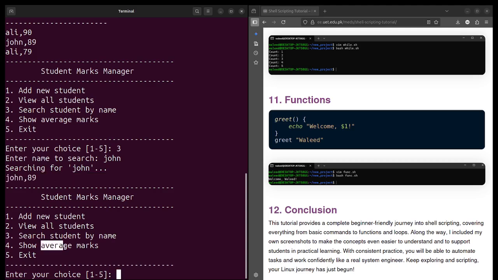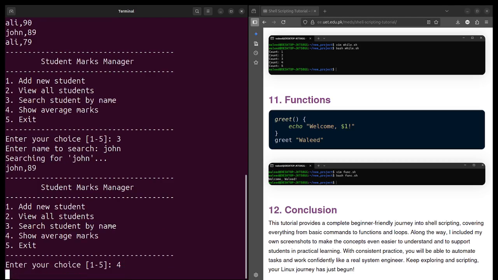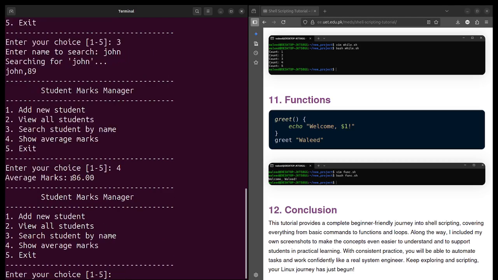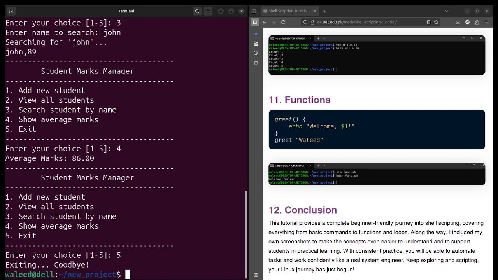And now it's time for average marks, which will basically sum all the marks and divide by the count. If I go with option number 4, it will show me the average marks, which are 86. Now if I want to exit, I simply press 5, and I have exited, and it has shown me goodbye.